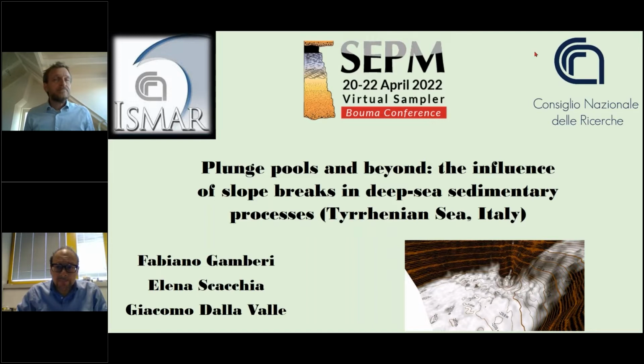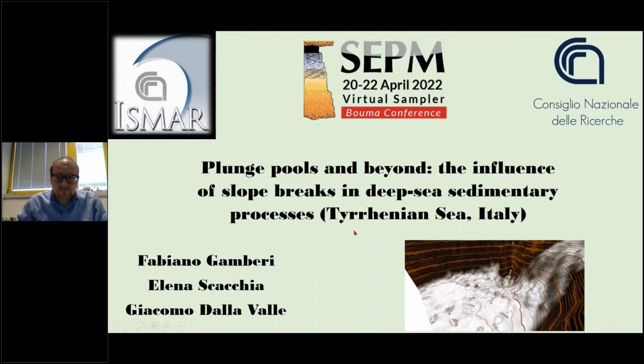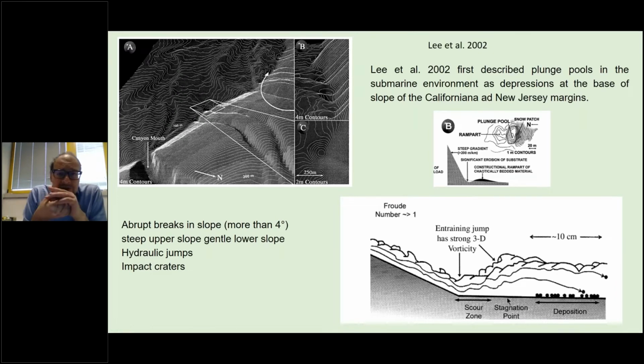So plunge pools were first discovered in 2002 by Lee, and they were discovered in the Californian and New Jersey margin, and they were described as small oval or circular depressions at the base of the continental slope. The author suggested that they formed due to hydraulic jumps or due to impact pool in slope break with value